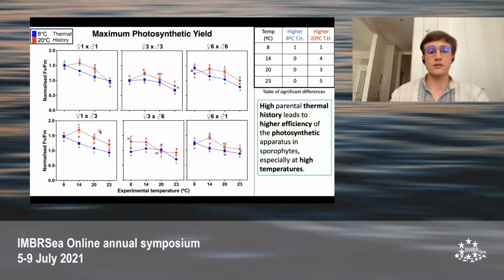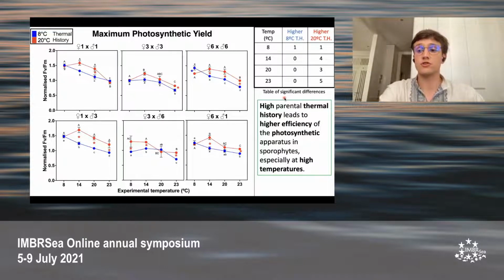So here on these graphs, each graph corresponds to 1 cross, with, again, female number 1 being on the left, female number 3 in the middle, and female number 6 on the right. And on the x-axis, we have the 4 experimental temperatures from 8 to 23 degrees. And on the y-axis, here we have a normalized maximum photosynthetic yield. And on the upper right corner here, we have a table of significant differences. And what we realize is that